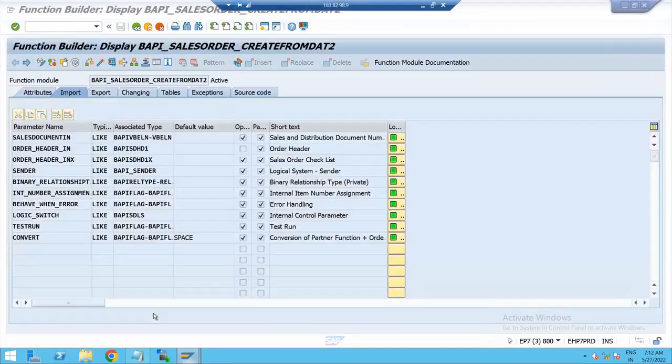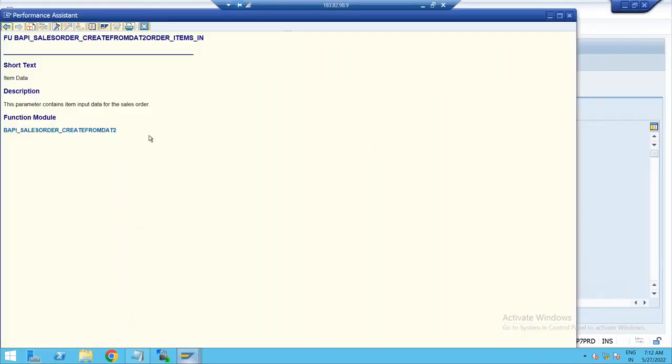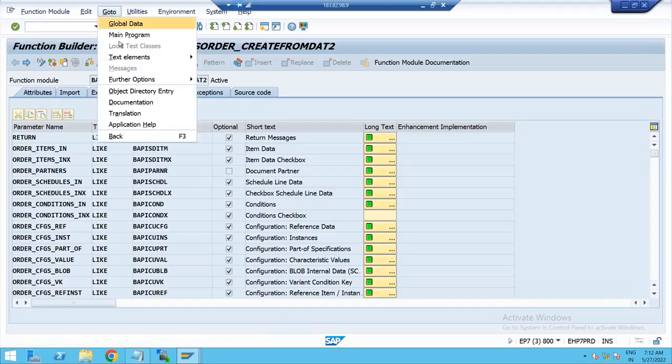Item data means what is the parameter here? In the import, this is the header data. In the tables, this is the item data. Understood? Is there any documentation? If I click on this button, long text: this parameter contains item input data for the sales order. Okay, I don't have much information. Right, so I need to pass the item data. If I go back to the documentation,